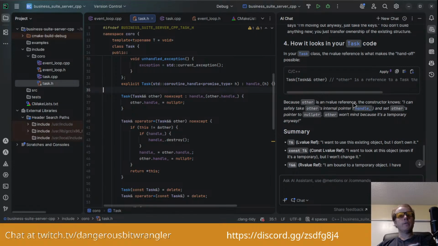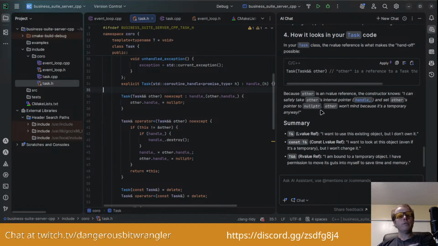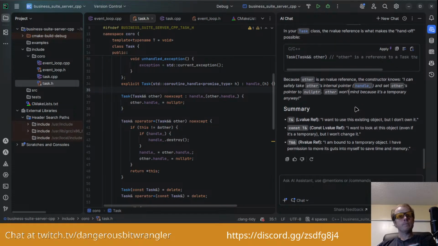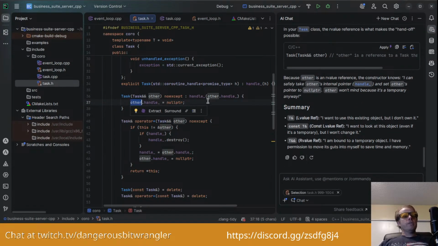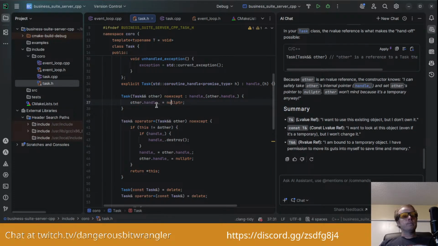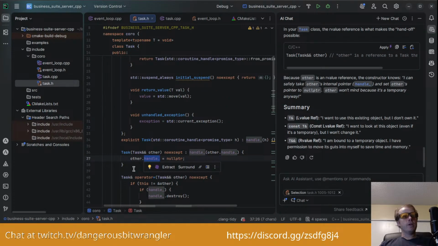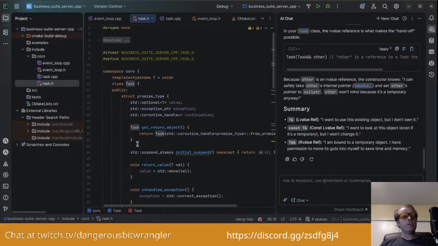Because other is an R value reference, the constructor knows it can safely take other's internal pointer, which is handle_, and set its pointer to nullptr, and it won't mind because it's a temporary anyway. So I guess in essence, it's basically saying, by assigning this handle to nullptr.